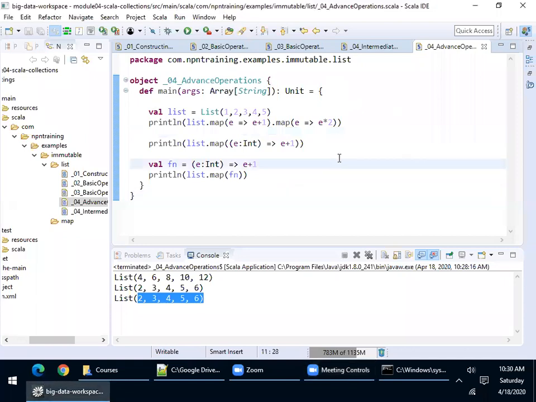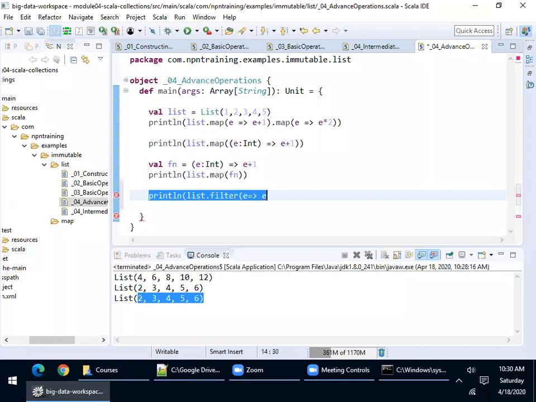Similarly, you have lots of higher order methods. Like you have the map method, and let's say you have the filter method, for example. Let me print, instead of storing in a variable. So what am I doing here? List dot, I'm applying a filter transformation. I'm filtering each element if... Okay, let me create some words.